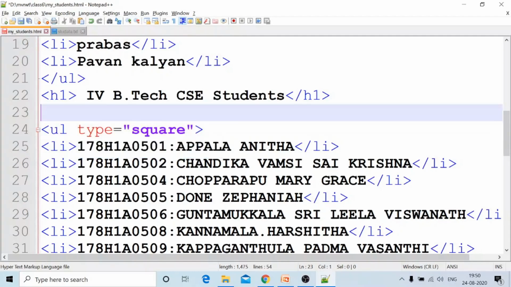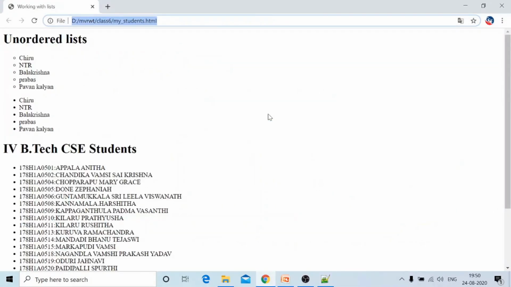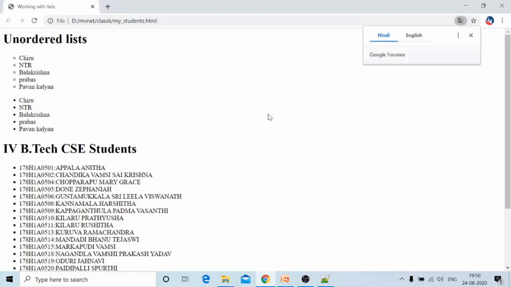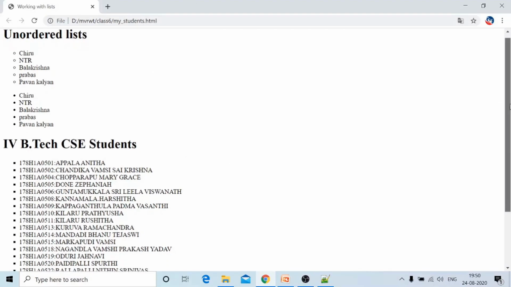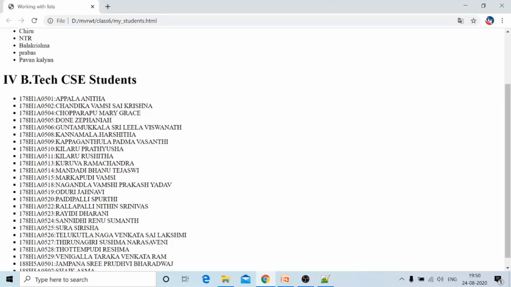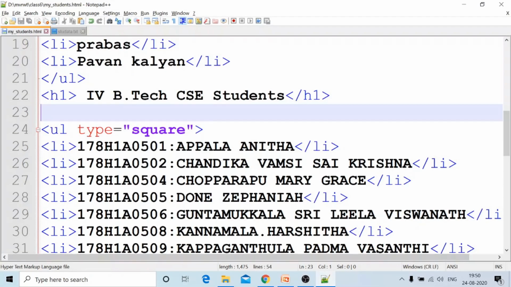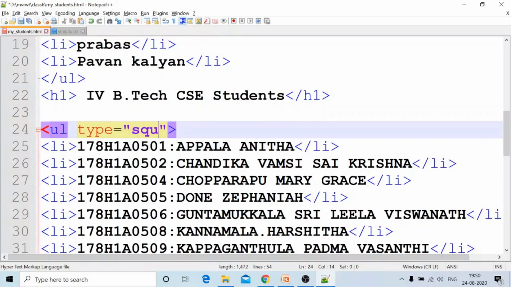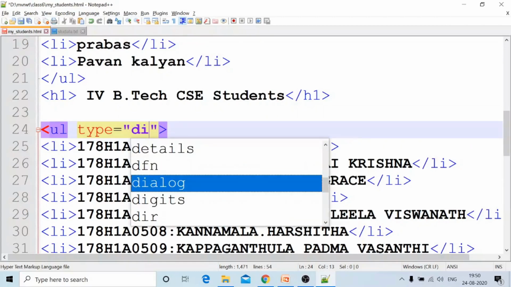Type equal to square, Alt Tab, F5. Did the square come or not? Yes, here square. If type equal to square, squares will come: 501, 502, 503, like this. Previously with disk I think there was a mistake in spelling DISC.